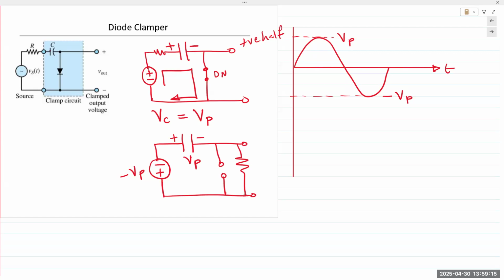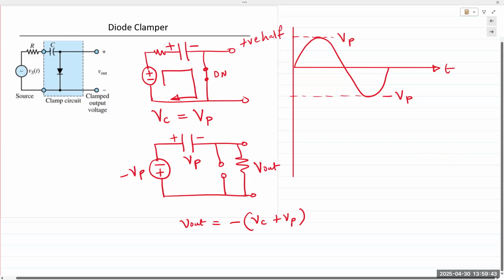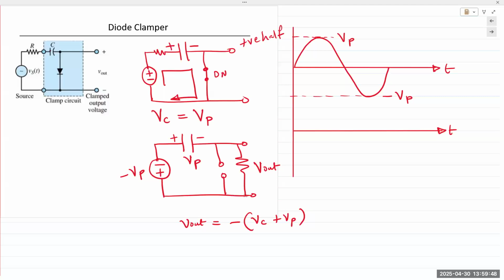If you apply KVL with this diode direction, the waveform has now shifted down. So V out is equal to minus Vc plus Vp, and so V out will be an exact replica